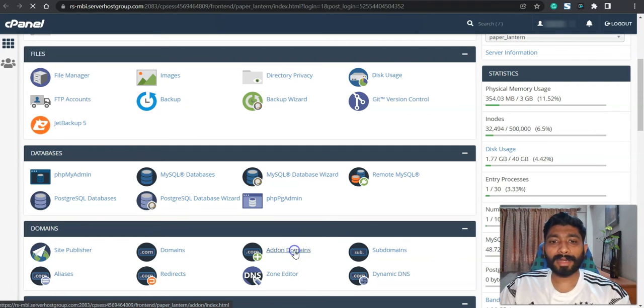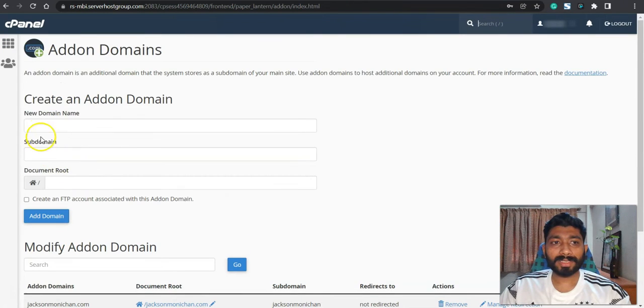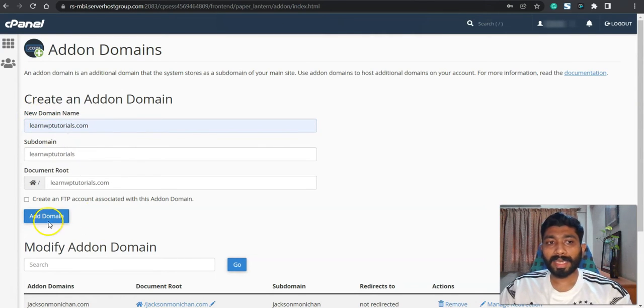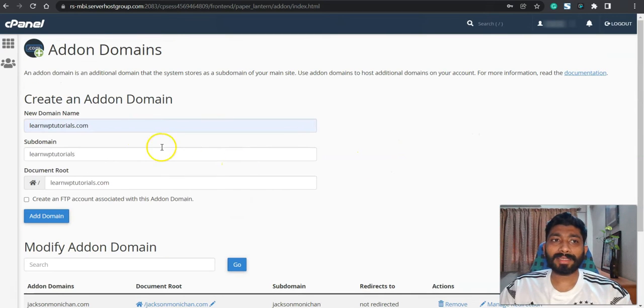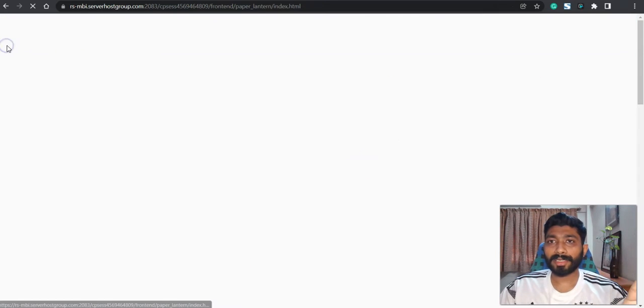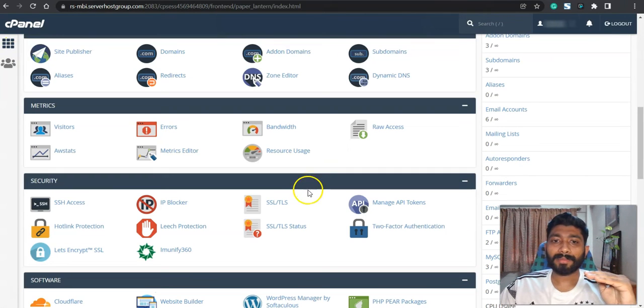So let's click on add-on domain, and over here I'll click on this option, new domain, and put my domain name, and click on add domain. Once you click on add domain, you will find something like this, add-on domain, which is not redirected. Cool. So once you add this and once your DNS propagation is done, then scroll down in your cPanel,